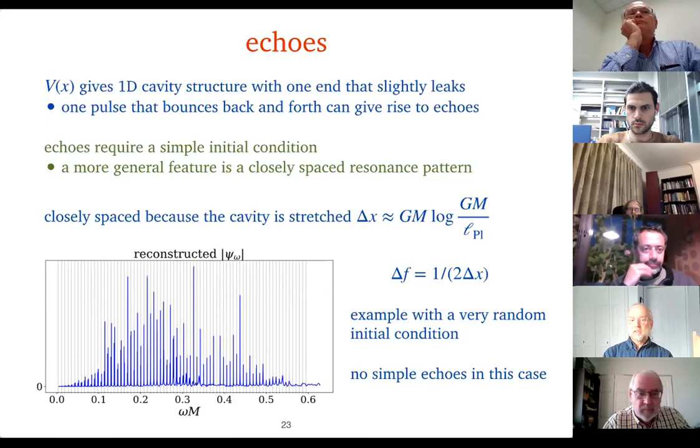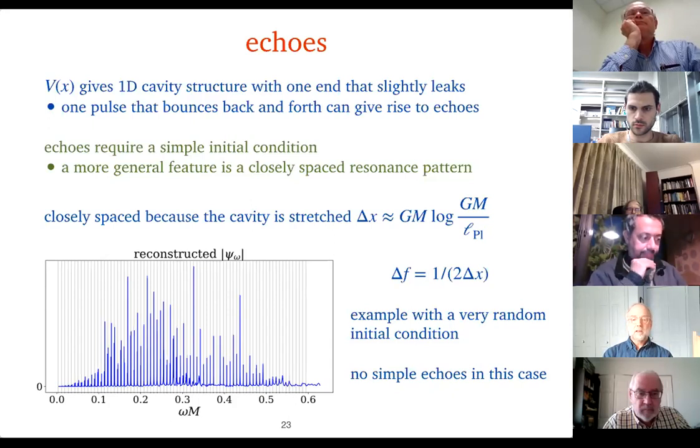A more general feature of this setup, that is the 1D cavity structure, is a very closely spaced resonance pattern. And I say closely spaced because this cavity is effectively stretched. So delta x, the size of the cavity, is enhanced by a log of something like the radius over the Planck length. So that can be almost as large as a factor of 100. And that means that delta f, the spacing between the resonances, is 1 over the round trip travel time, which is just 2 delta x in tortoise coordinates. So I've pictured here